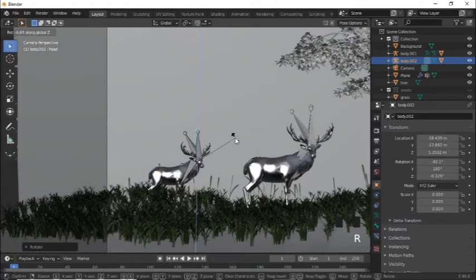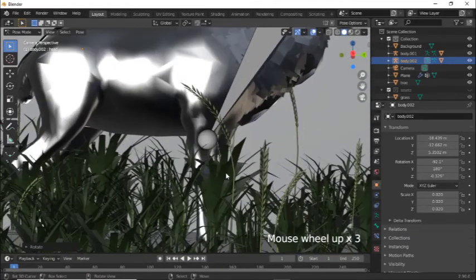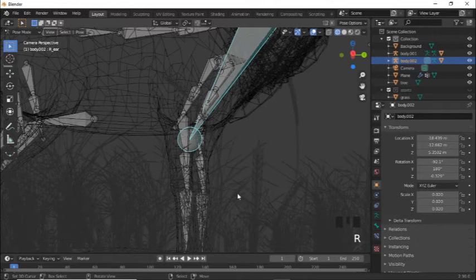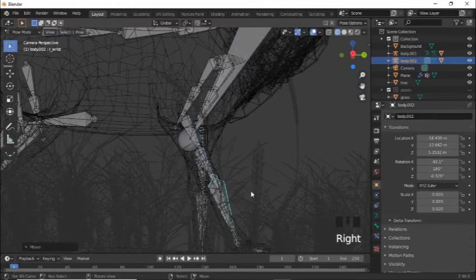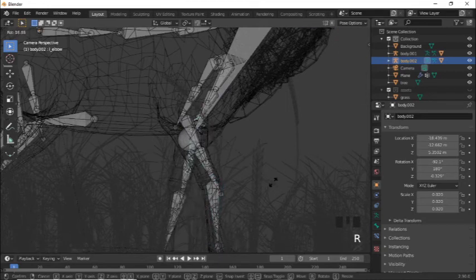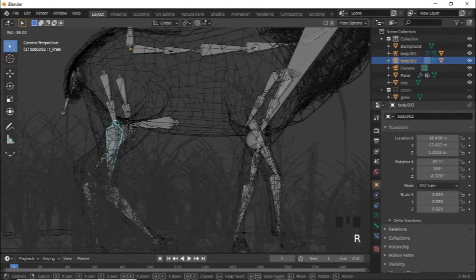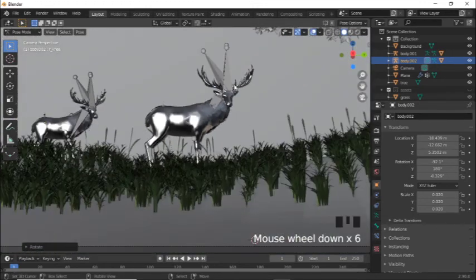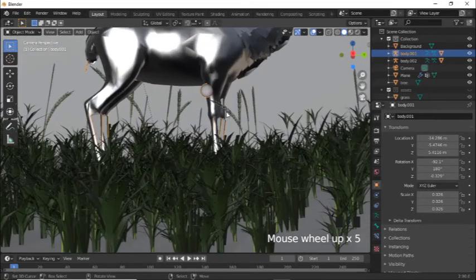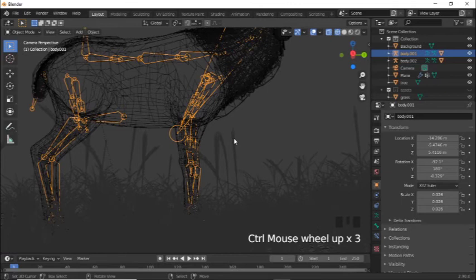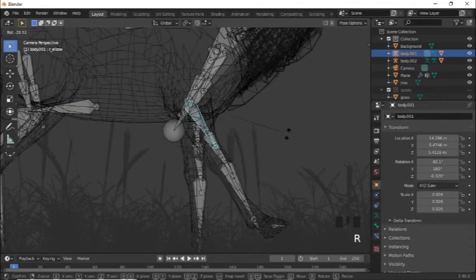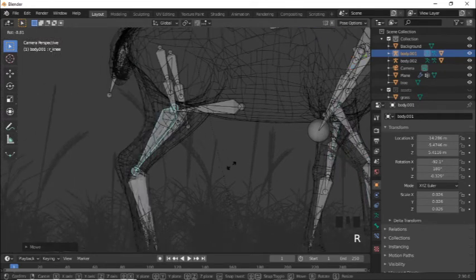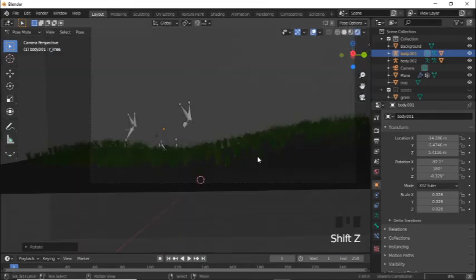So yeah, for the legs, if you just press Z to change it to wireframe mode. For the legs, we want to be little bit up, I mean it's like walking. So again, just select the legs so it's properly aligned. Even this is not necessary for this small deer, but this is compulsory for this one. So again, Z, Control Tab to pose mode, switch between pose mode, rotate. Again, even rotate this one. So yeah, now you can see,